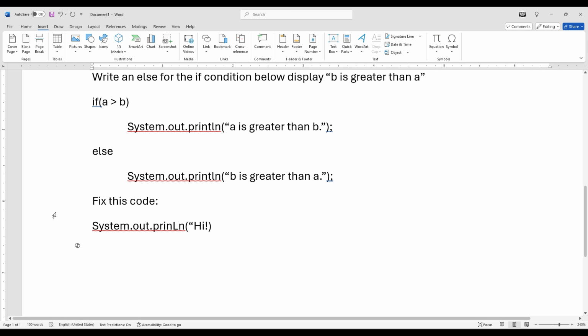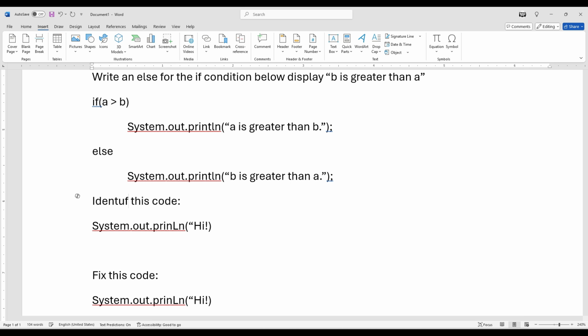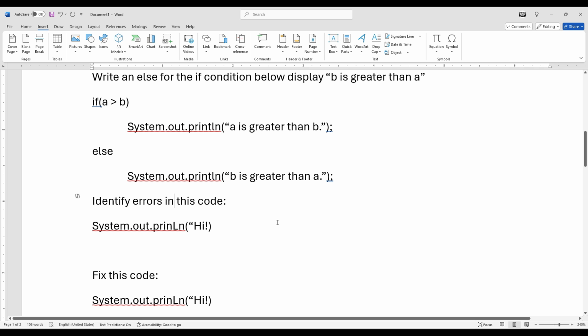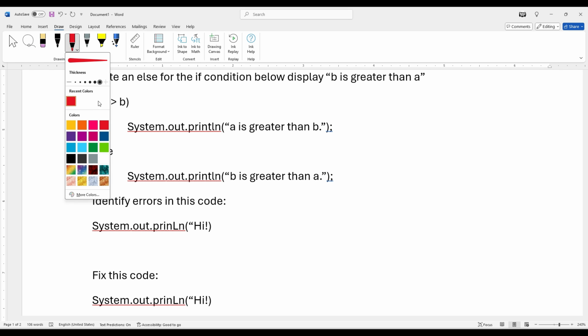Or I could say, let me give you the same problem in multiple ways. For example, in this one, identify errors in this code. You may use your pencil or pen, whatever you want to use, and you will simply draw